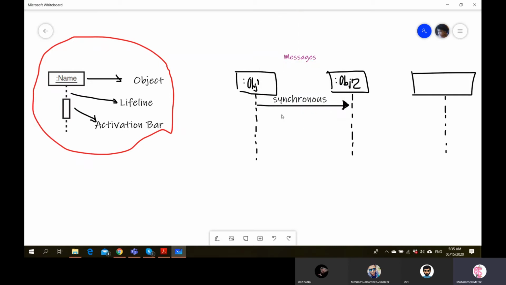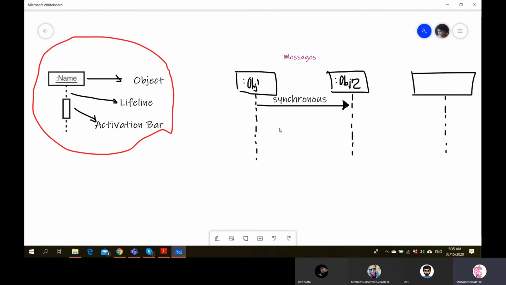Okay, meaning that this object 1, which is sending information or calling a function in object 2, is expecting a response. That means when you say it's a filled arrowhead, you are expecting object 2 to send back a response.